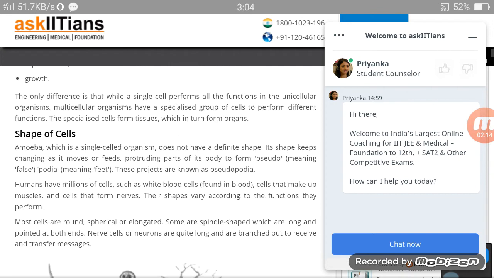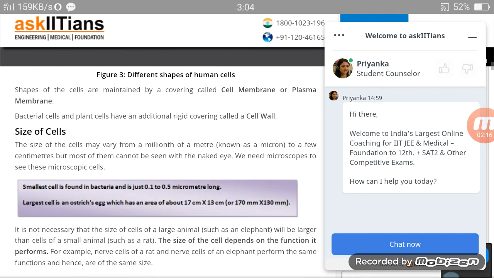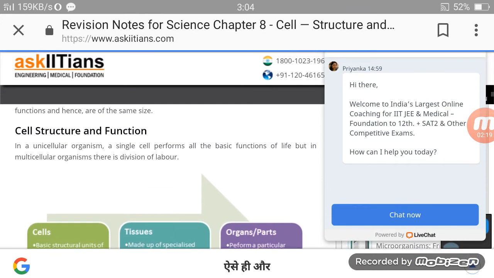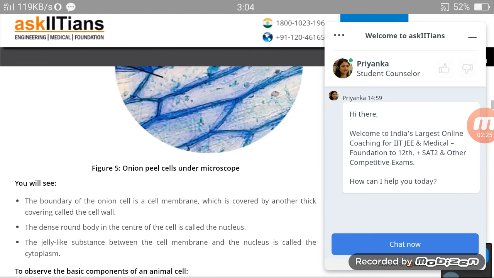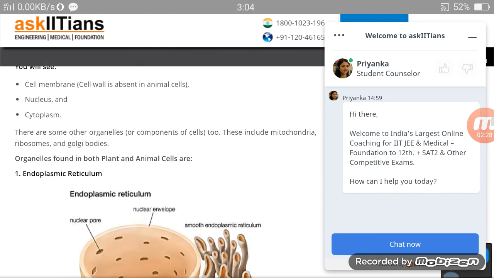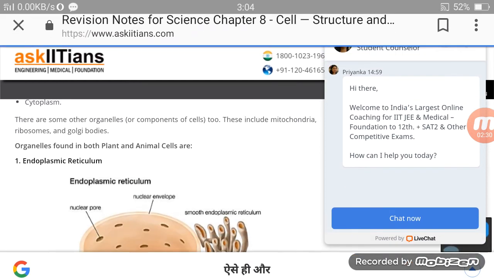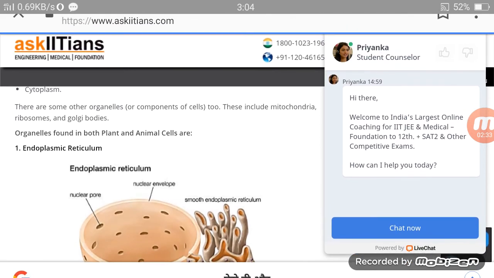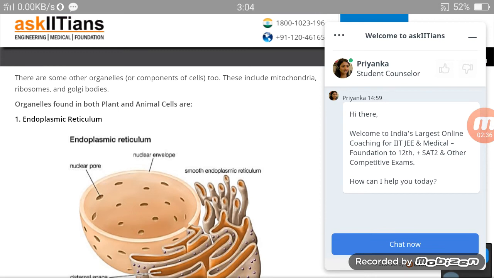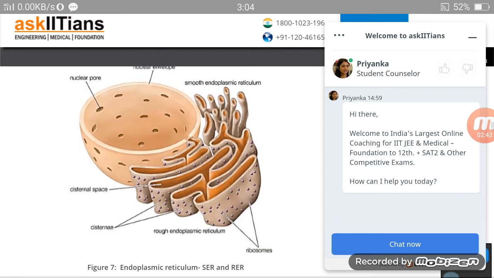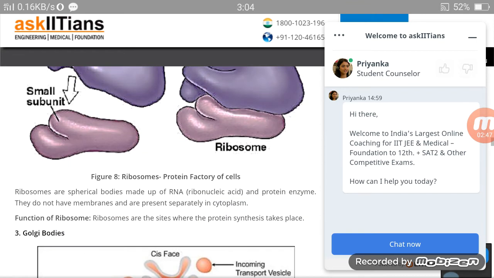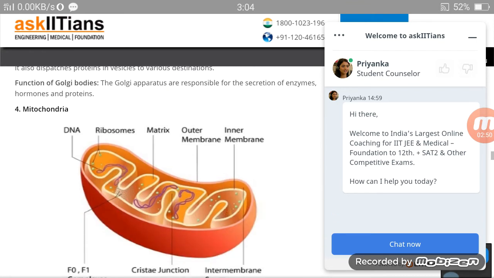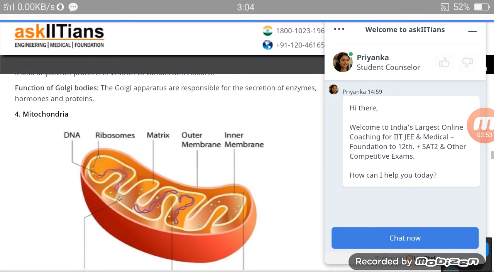Numbers of cells we have covered, shapes of cells also, sizes of cells also, cell structure and function also covered, and basic components of the cell done. These were the two activities which are also given in your NCERT book. You can do these activities if you are interested. And then we were on the topic of organelles found in both plant and animal cells. We have covered the endoplasmic reticulum and both types of ER, rough ER and smooth ER, ribosomes also covered, and Golgi bodies also covered. And today we have to cover the